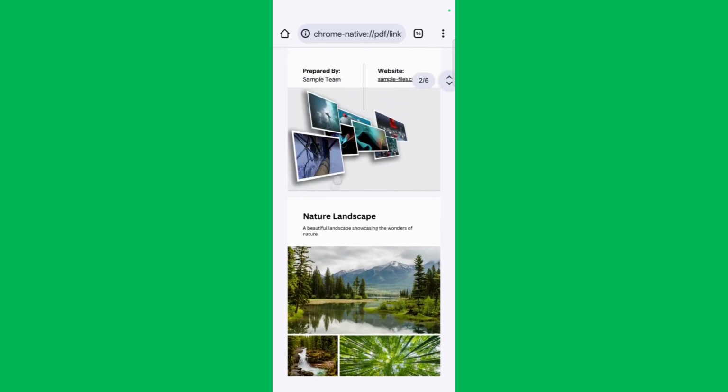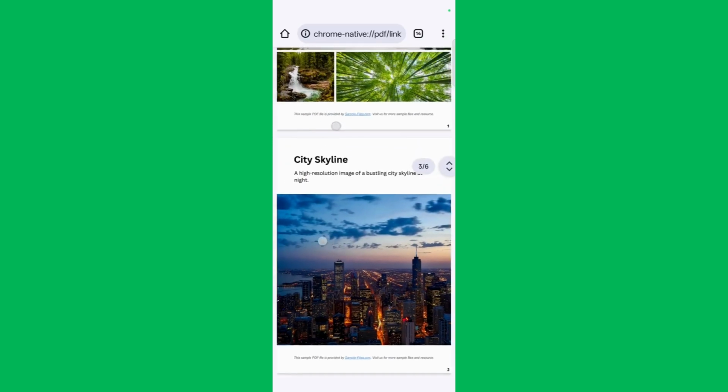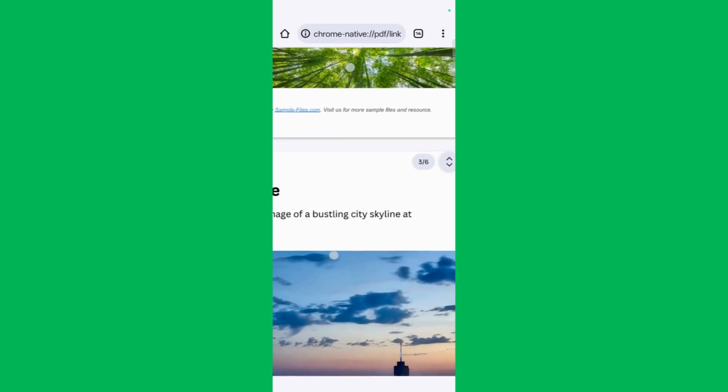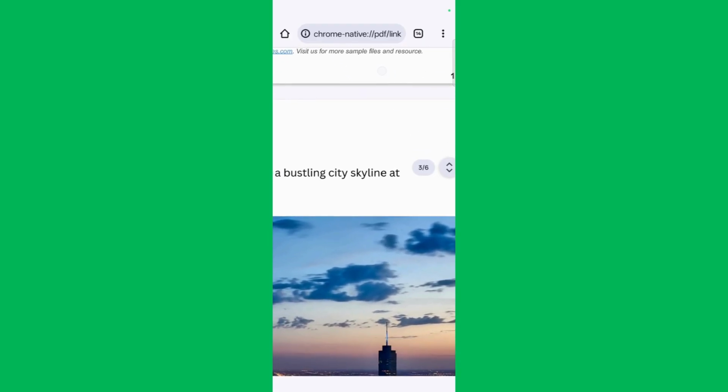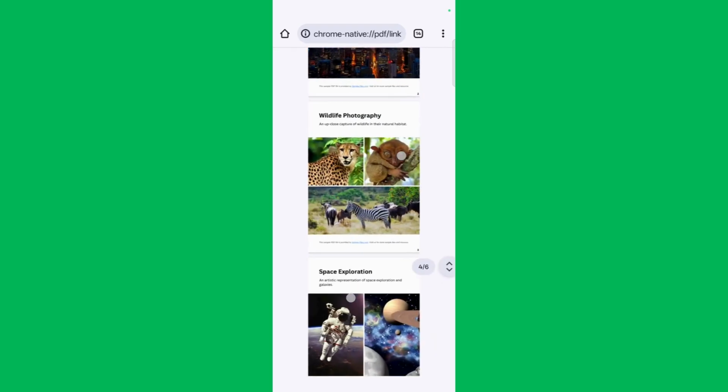And here you can see that the first page of this particular PDF file is not numbered, but if we move on to the second page onwards, you can see that the numbering has started to appear right here at the bottom right corner. So that's how easily you can